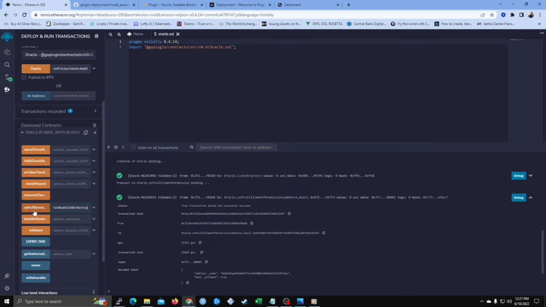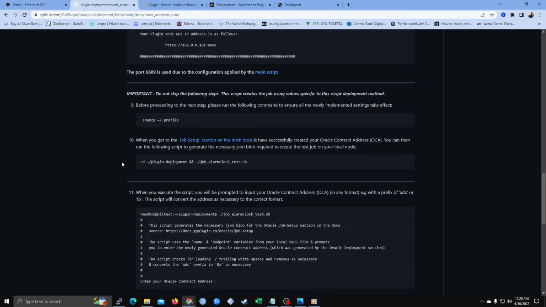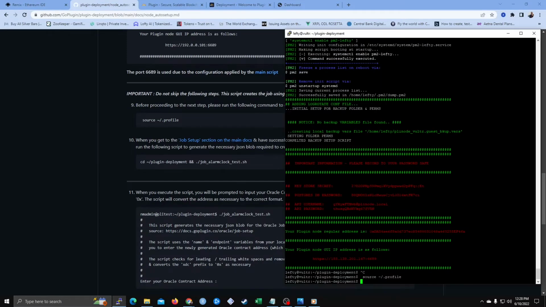Click on set fulfillment, and then you'll get an arrow next to debug. You click on it, and you'll receive 2, which you can copy this portion here. This is your Oracle contract address. Once we copy this, we can go to the GitHub page, go to step 9, go to your VPS,